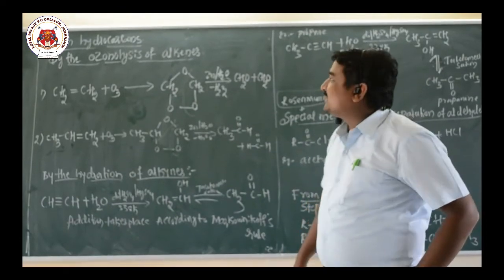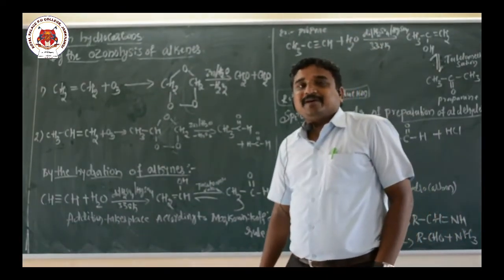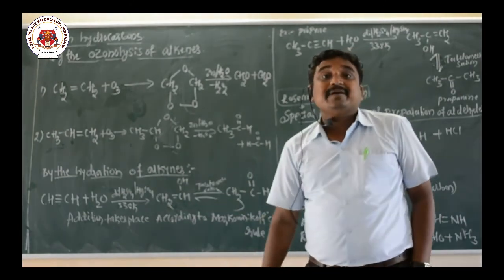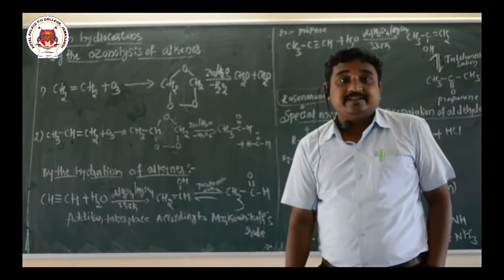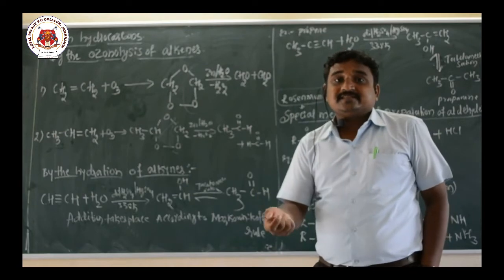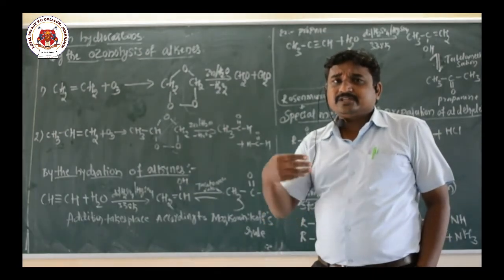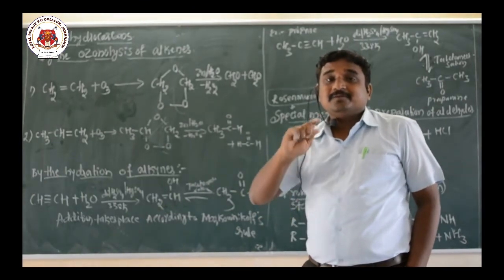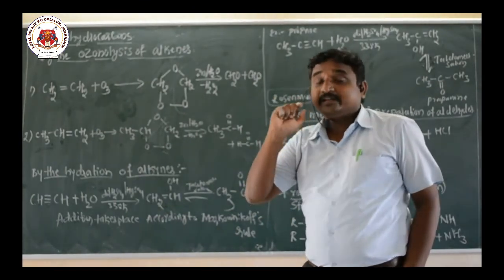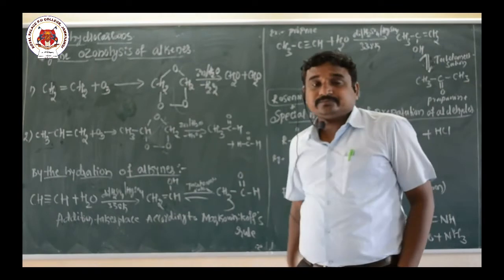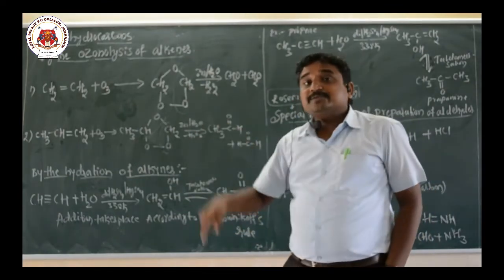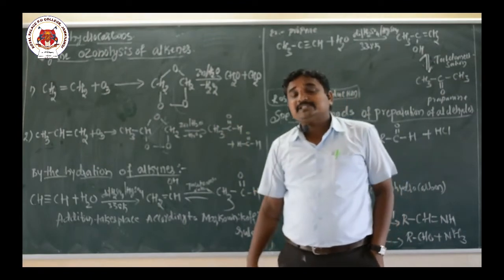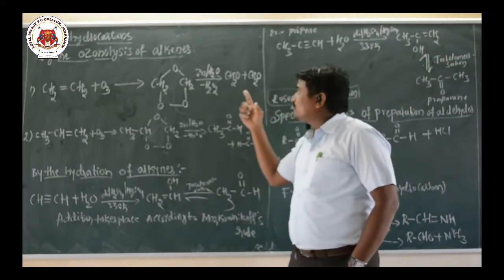Okay, so the next concept is preparation of aldehydes and ketones from hydrocarbons, especially by the ozonolysis of alkene. Ozonolysis: alkene undergoes breakdown in presence of ozone. Now alkene reacts with ozone, so there is a formation of cyclic ozonide. That will undergo hydrolysis in presence of zinc catalyst, and that gives aldehyde.